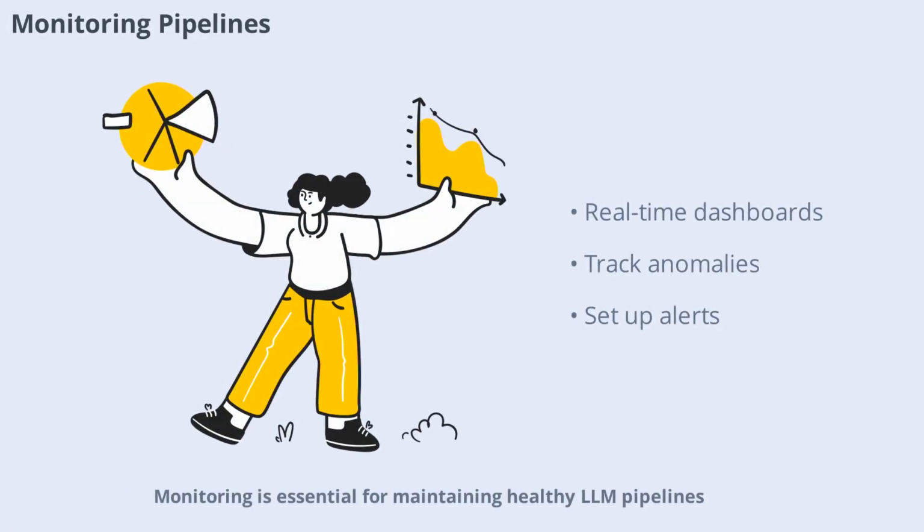Monitoring is essential for maintaining healthy LLM pipelines. Integrate with tools like Datadog, New Relic, or Phoenix to visualize system health, track anomalies, and set up alerts for critical events. Real-time dashboards provide visibility into latency, error rates, and throughput, allowing teams to respond quickly to incidents and optimize